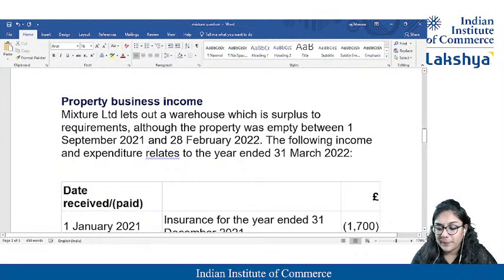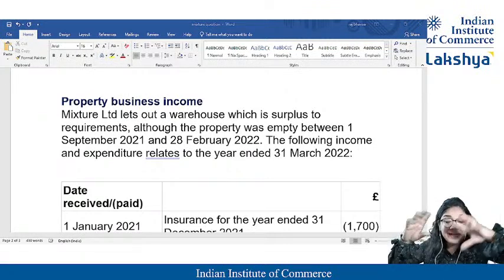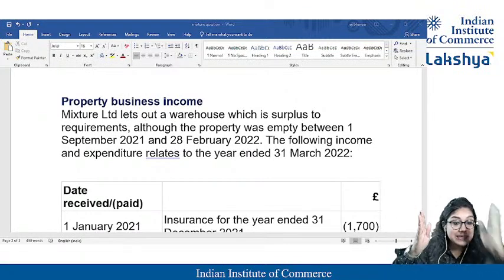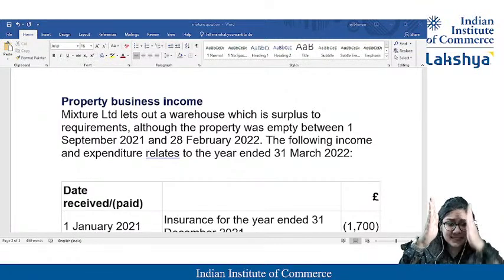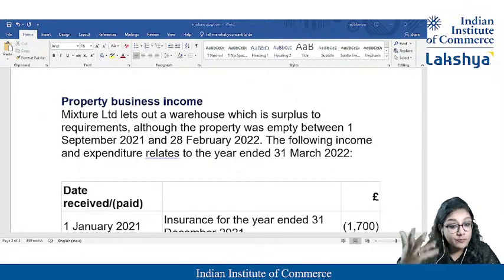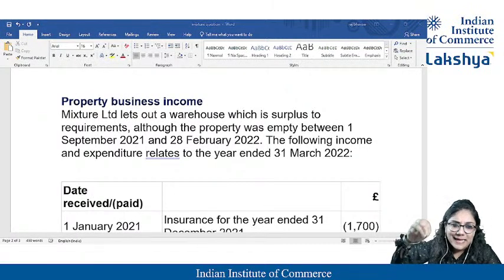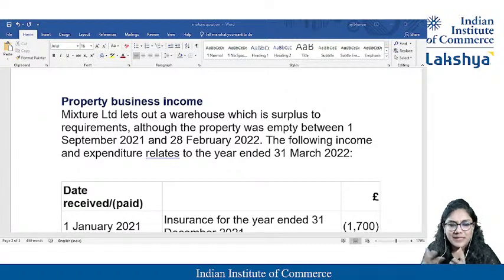Students, what is property business income? Today you have money and you have invested in property. Do you remember individuals, which we concluded in the last class? For individuals, whatever income I am earning, I am taxing in three phases: non-savings, savings and dividend. Non-savings is something I have earned because I did work for it. Savings is like having some extra money, investing it and getting some interest. Then dividend is something which we know.